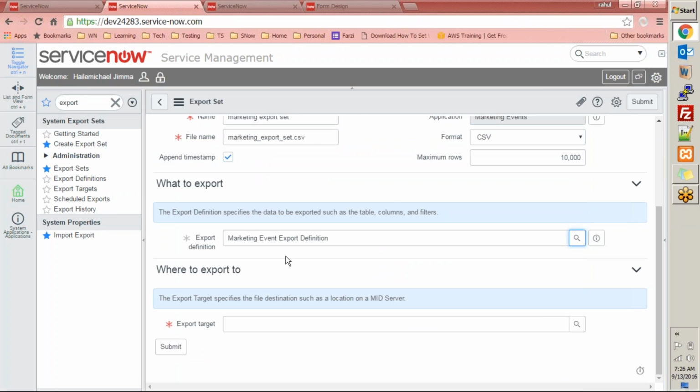Now let's find out what an export target looks like. What is an export target? Up to this point, what we have done is identify the name of the export set and the definition, what table to refer to get data for the export set. Now the next question is, where do you want to export that data? There must be some target server where you want to put or transport that data. For that, you have this export target,